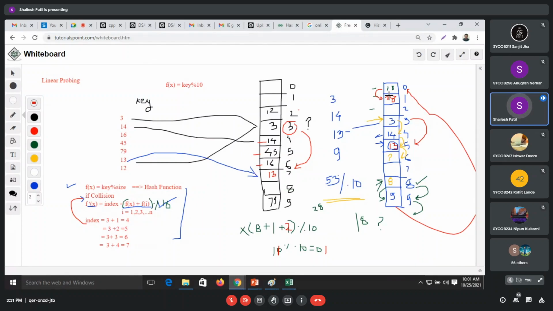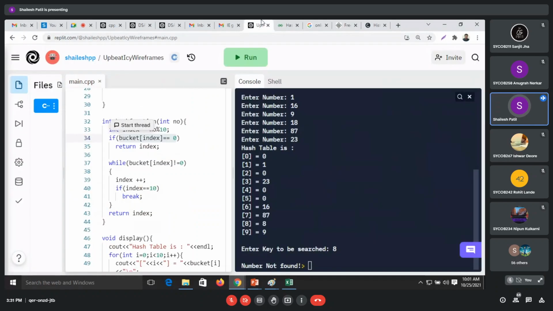Just go through that. I think there is no need to write this exclusive condition. For searching, you can have this f of x only, no need to check equal to 0, because if it is found then you can return the index. Yes, it is present. And if it has a collision at that particular position, then it will go over here and return the index over here. That is what you have to check. We only have to search; if you have to search, then you have to update only this particular part. Clear?